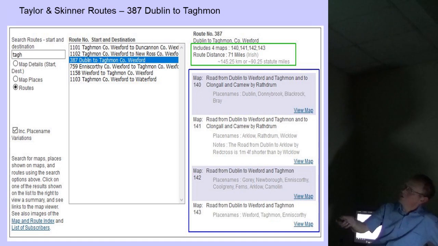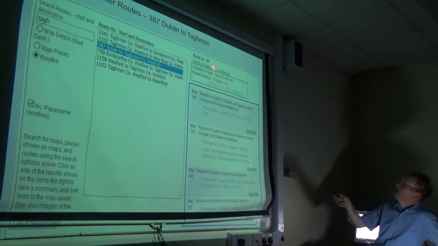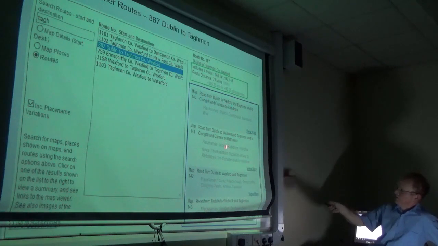Sorry, I've done that over here. I've selected route as the option, and it's given me all the routes which mention Tagh, which are all Tagmon and Wexford. And there's route 387, which is Dublin to Tagmon, and it has 4 maps. It's a distance of 71 Irish miles, and there's your statute miles and kilometres, and